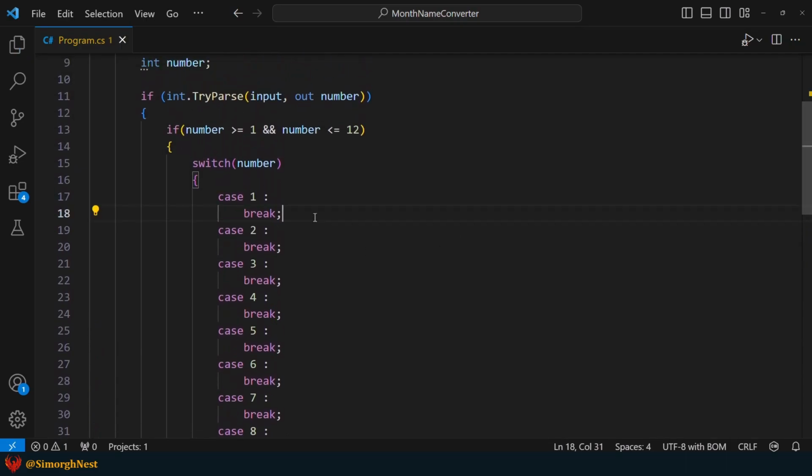As you can see, the switch statement simplifies the code, making it more readable and maintainable.